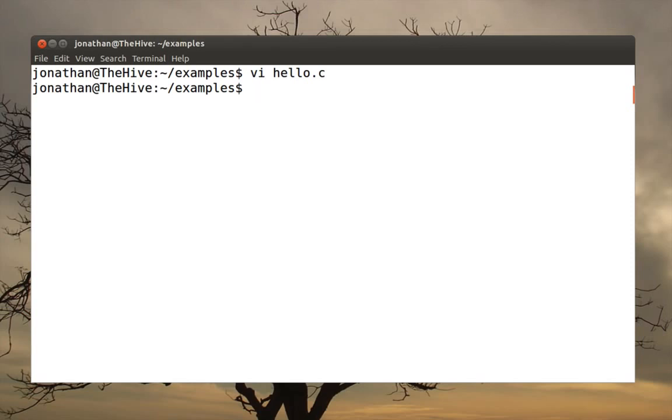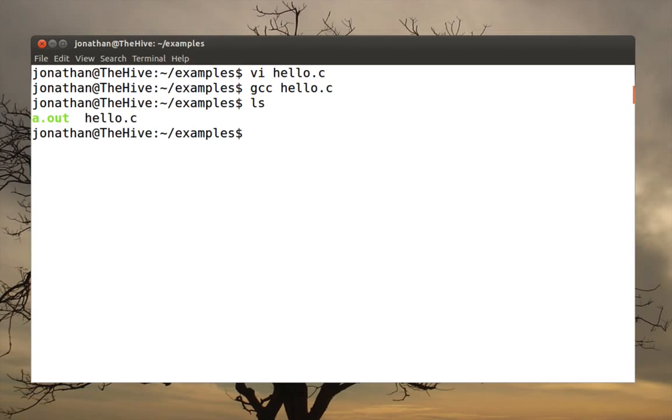So to compile it, I can use the GCC compiler, which is aliased to CC on Linux, but I'll say gcc space and then the name of the source file, hello.c. And this step actually does everything. It reads the source file, processes it, it links it with the runtime library, and if I do an ls now, you'll see there's two files in the directory. There's my source file, hello.c, and there's another one called a.out.